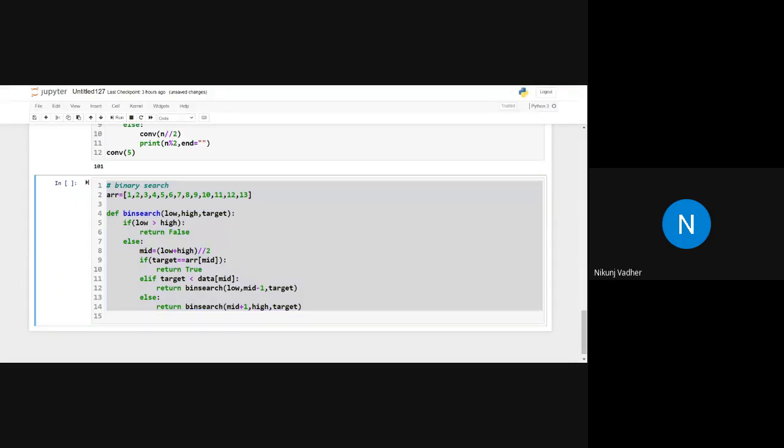Here is how it is implemented. How will we call this function?